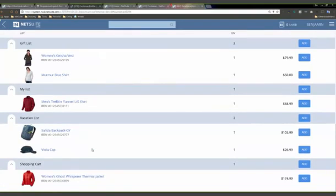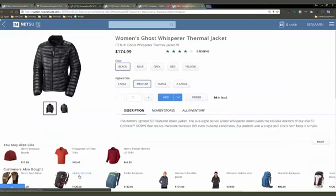So within the shopping cart, I noticed that Anna left the women's jacket about 30 minutes to an hour ago. So the store associate makes an educated guess and talks about the jacket. Anna's surprised that the experience has carried over, so she goes ahead and looks for the jacket. The store associate immediately goes to the back of the store, grabs the jacket, and has Anna try out the jacket. Now, as I go into the product detail page of the jacket,